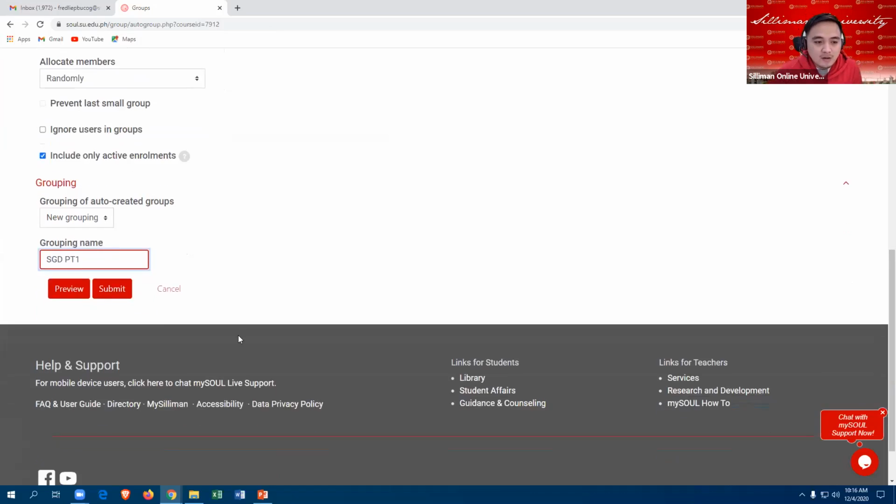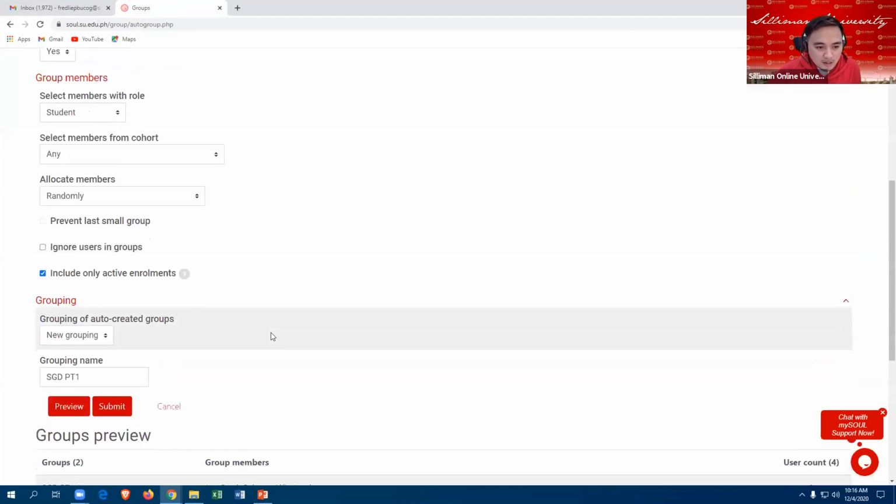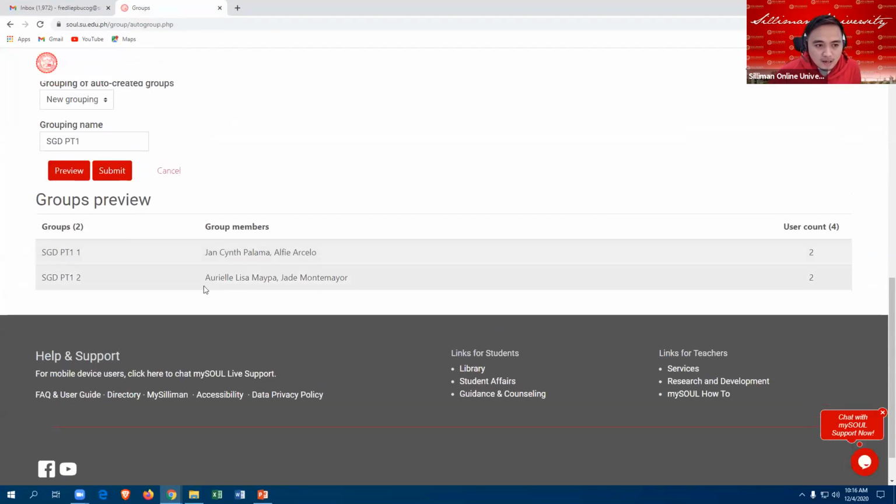And then you can also preview the members of that specific group. So you can preview, and then you can scroll down, and here you have 2 groups. So we have the group name of SGDPT1, the group 1, and then SGDPT1, the group 2.